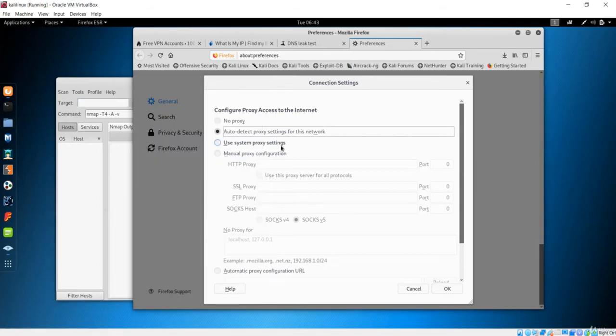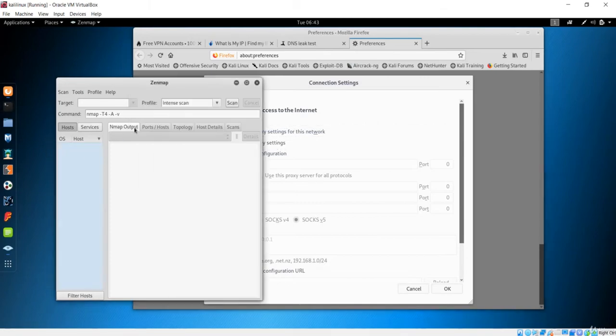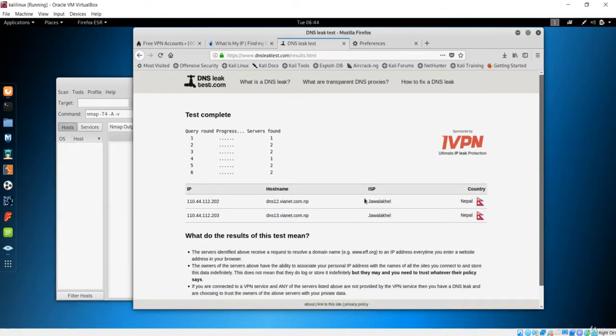But in the case of proxy chains, this is important. In the case of proxy chains, everything you do on this machine will remain anonymous. So that is a very important part of the proxy chain. We could even see that in this browser. In the VPN case, the DNS was leaked, but we'll now see in a minute how this is rectified using proxy chains.